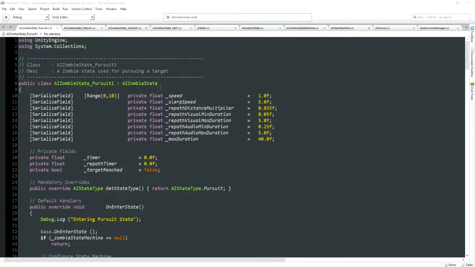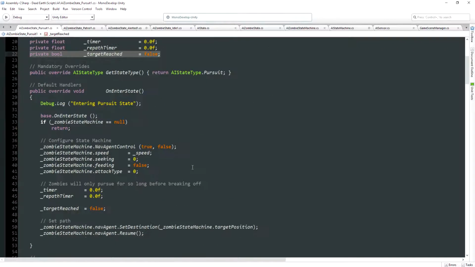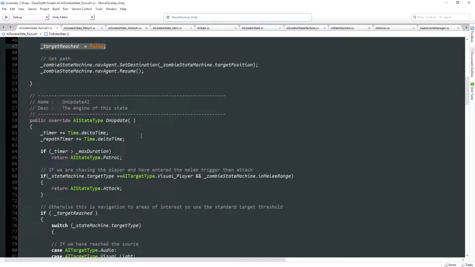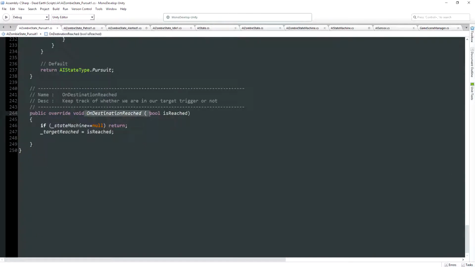So if we take a look at our pursuit state once again, you will remember that we have this private boolean called target reached, which we use to keep track of whether the zombie has arrived in its target trigger or not. And it's set to false when we first enter the state, but you're also reminded that our parent state machine has the on-trigger enter and on-trigger exit functions to trap the message that Unity sends it when our zombie's body enters its target trigger. And those two functions call the child state's on destination reached function to let us know it's either arrived or it's leaving its target. The problem here is that this is a little bit of a design flaw, because